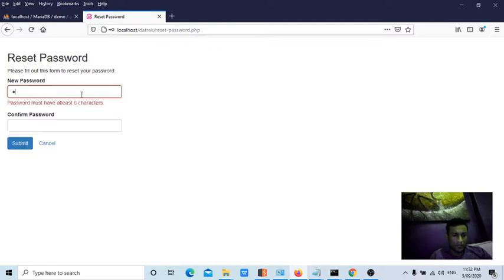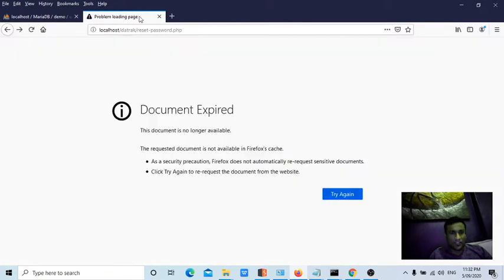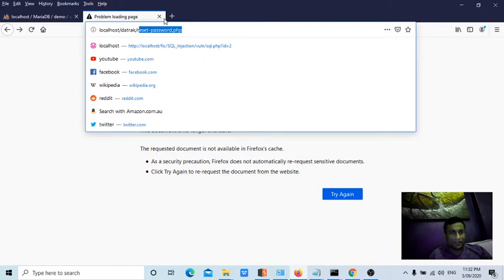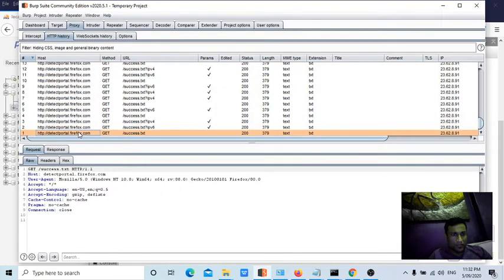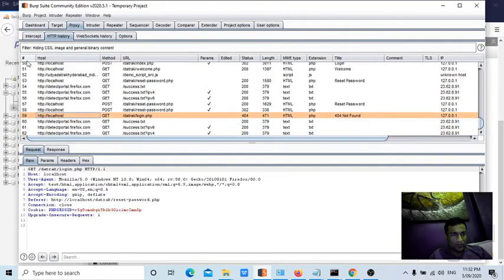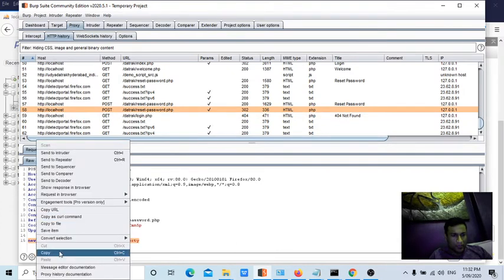Okay, password must be, yes, 6 characters. I'm trying to see whether it would have changed it, because as I told you before, I would have some file naming mistakes. If I open the Burp Suite here, how the request is going to the site. Reset password, right? Okay, now it is sending these passwords.